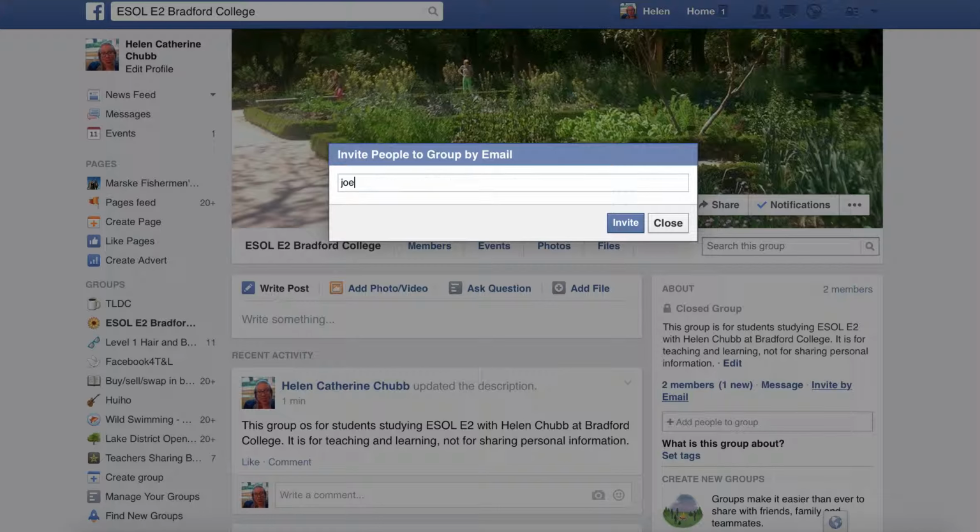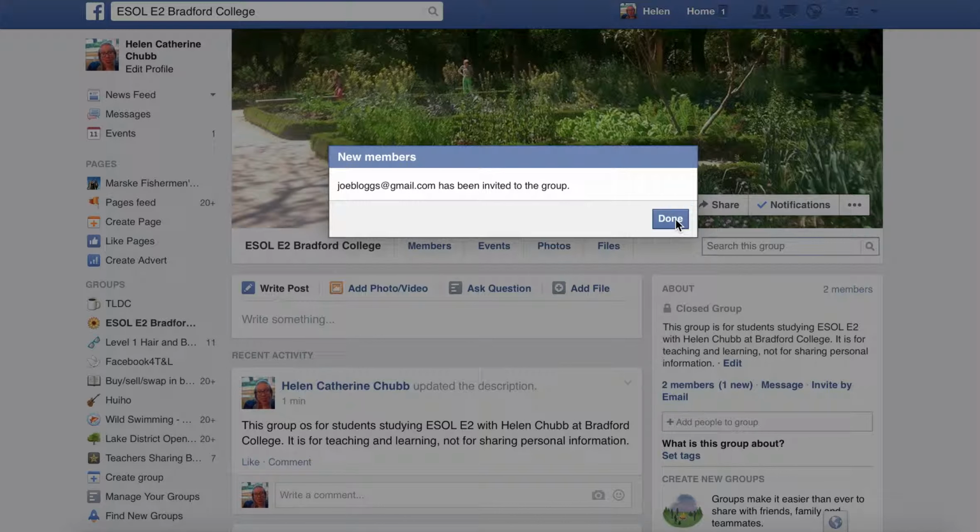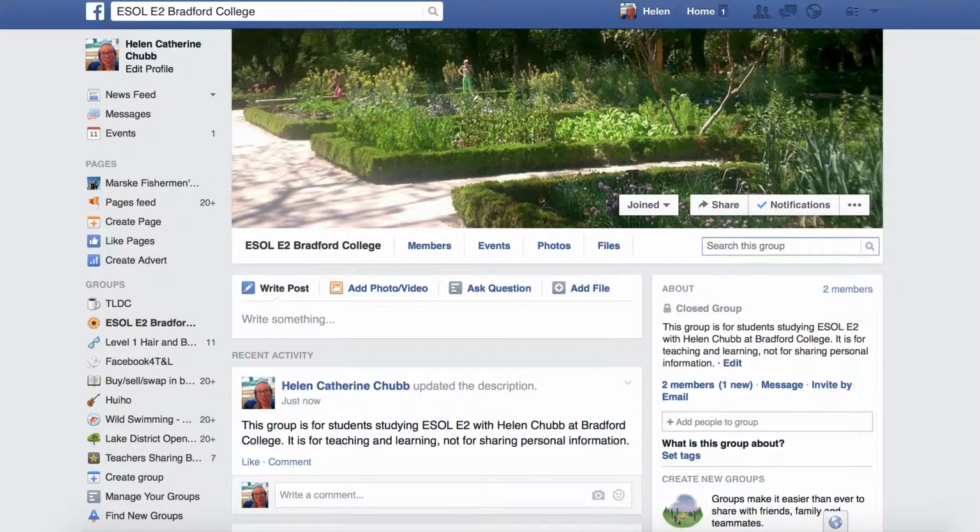So if we send this to, say for example, I'm making this up, but I've got my student Joe, I've got his email address, and then I'll send that. So I've got invite, okay, done. Joe now needs to go away, check his emails, and he'll have an email in his inbox from Facebook. The email is not from me as his tutor, so there's no breach of any policy there. He's checking for an email from Facebook. He'll open it and it will state that I've sent him this invitation, and all he needs to do is